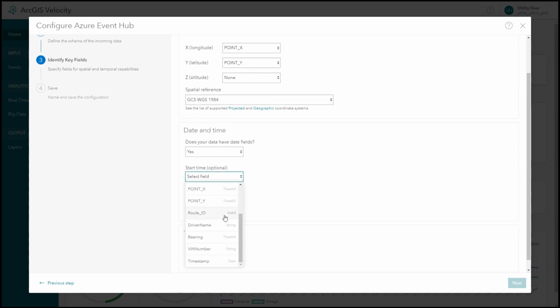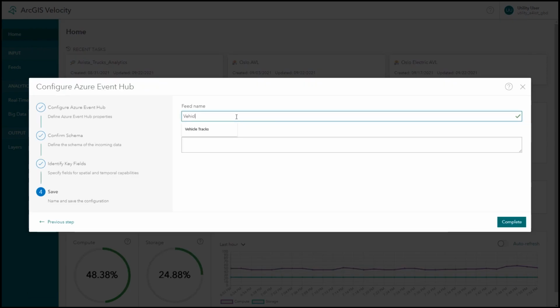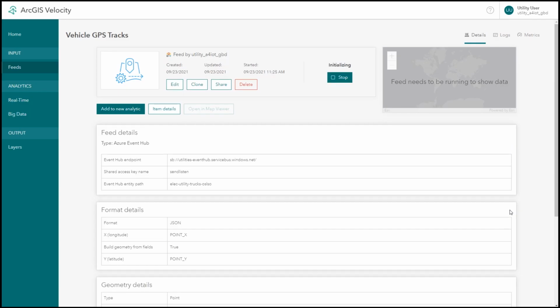Then finally, you can provide a tracking ID, which is a unique ID associated to each vehicle or asset that's being monitored. So for vehicles, this could be the VIN number of that vehicle. With my feed fully configured now, I just need to provide a name and a description. It'll take just a few seconds for the feed to initialize, and I'll be able to view this data in